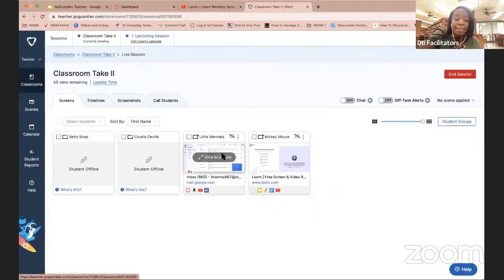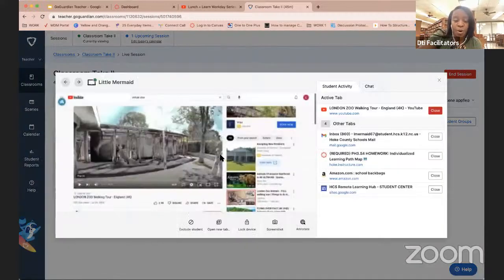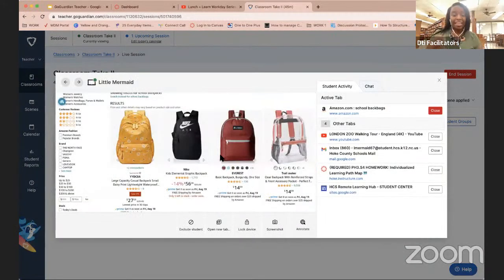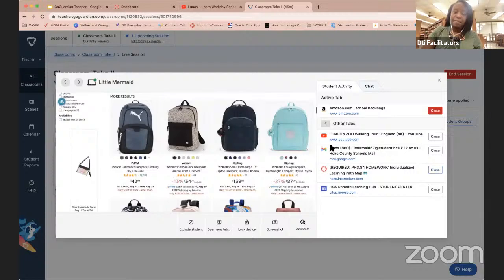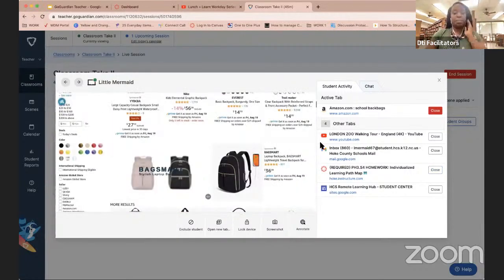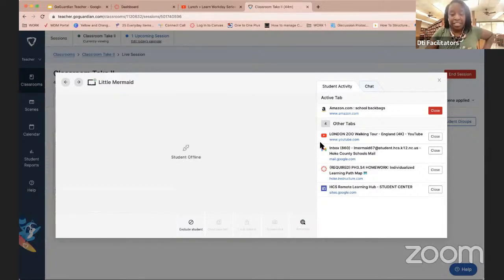So in here, I'm looking at Little Mermaid and I'm saying, let me just see what's going on. I can click to expand, and that gives me that screen view that we were talking about earlier. All right. I can close those tabs from here as well. So say, for instance, I want to let Little Mermaid know, hey, I need you on YouTube watching that London Zoo walking tour video. All right. So once I do that,